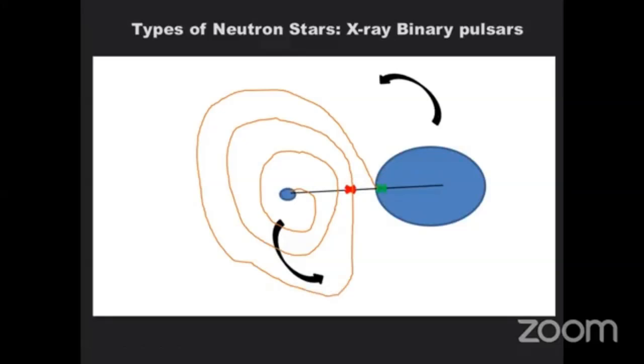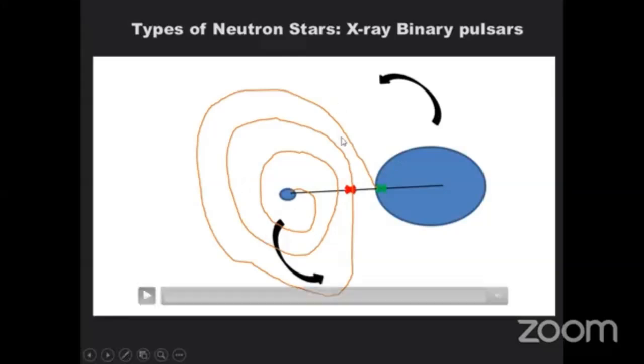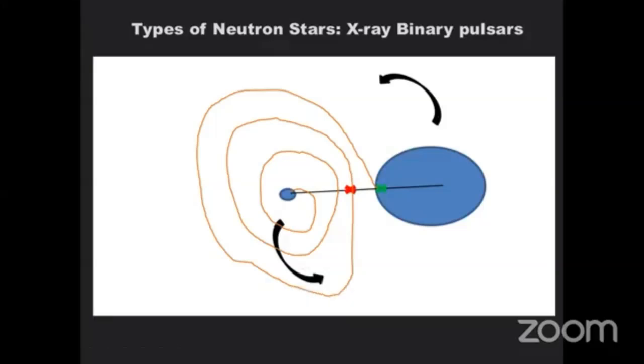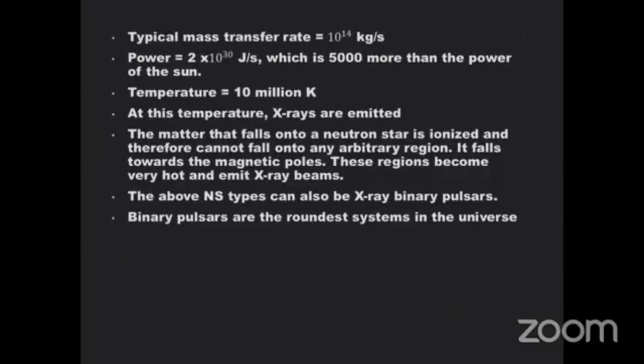You can imagine what is happening with the Earth, when you have this mass ionic ejection from the sun. Those charged particles are mostly experienced at the poles of the Earth. So we see that as an aurora. So exactly what is happening here. This accretion disk falls towards the two poles, either the North Pole or the South Pole of the neutron star, and not just any part of the star. So as they are falling in, remember what I told you about infalling